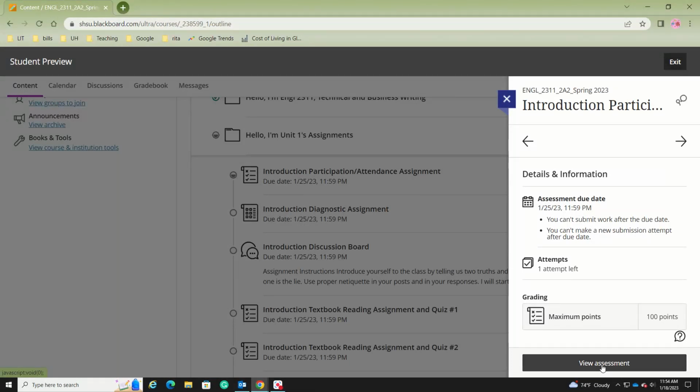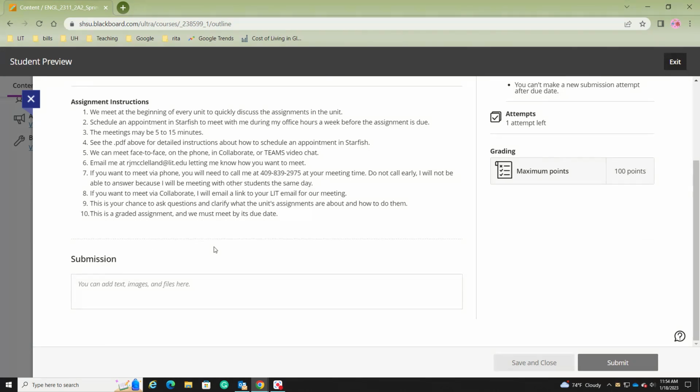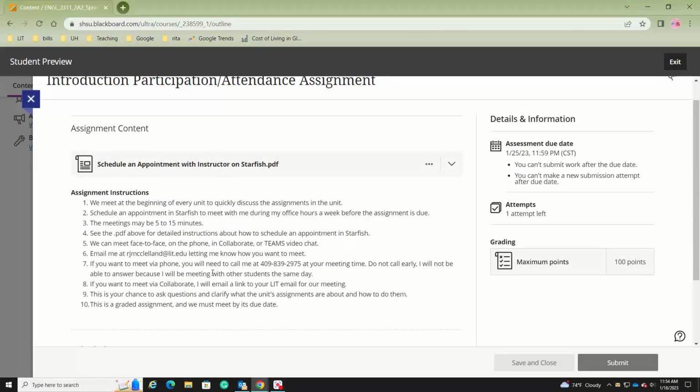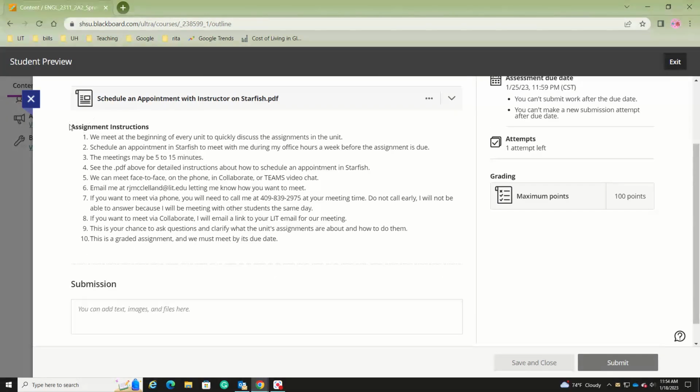And for an assignment, it will tell you the due date, the due time. It'll tell you whether or not you can submit it late. It'll tell you whether or not you can make a new submission after the due date. And it'll tell you how many attempts you have and the maximum number of points. And so when you click on View Assessment, it then opens it up. And you go through and look at the whole page and read the assignment